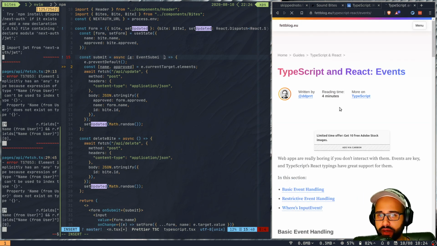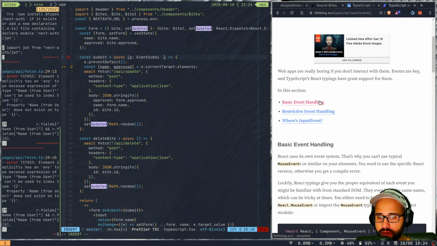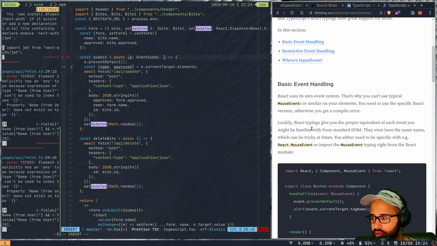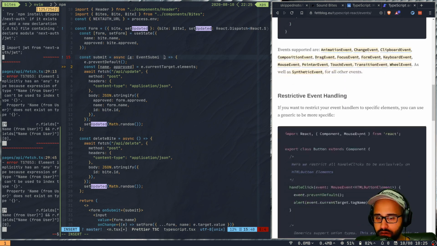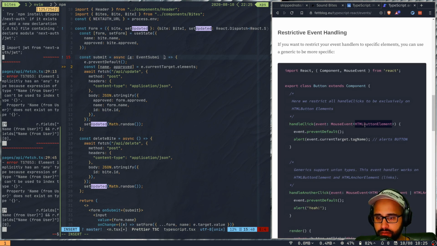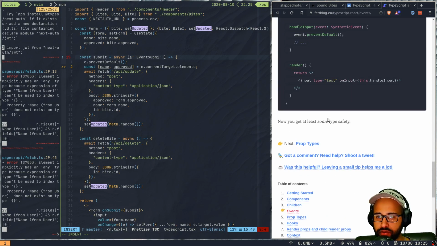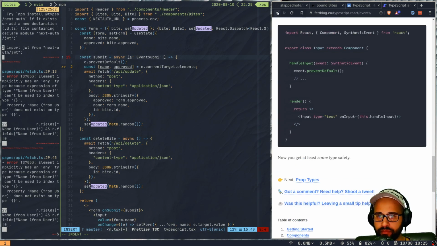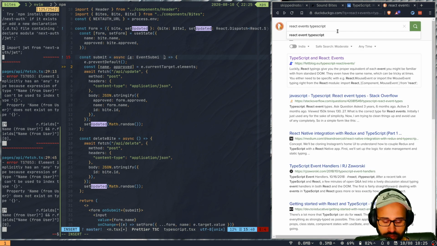So by the way, this blog is quite helpful. I found a lot of things related to TypeScript and React have been documented in this, so quite handy there. Okay, so there is mouse events, and then you can pass in an event, sort of like the source of the event, so that you can abstract out all the details from the event. It's basically a generic, and then you pass it a specific value there. But then we want to be a little bit more verbose, so let's check for